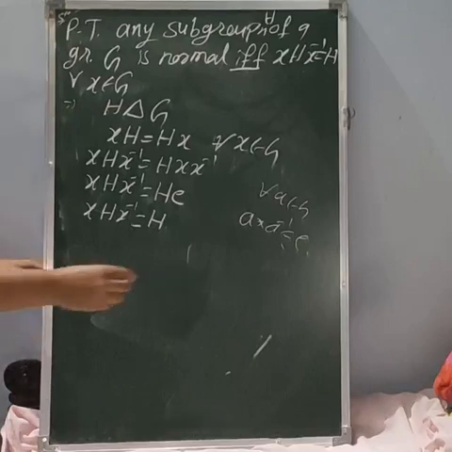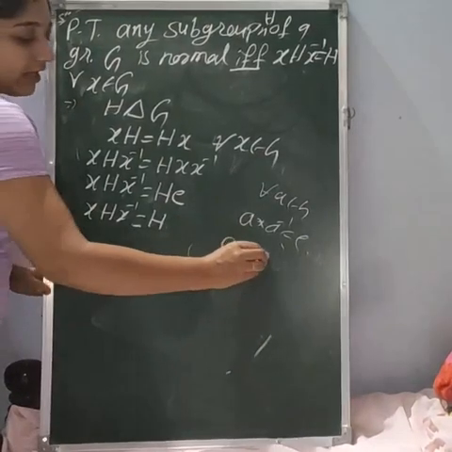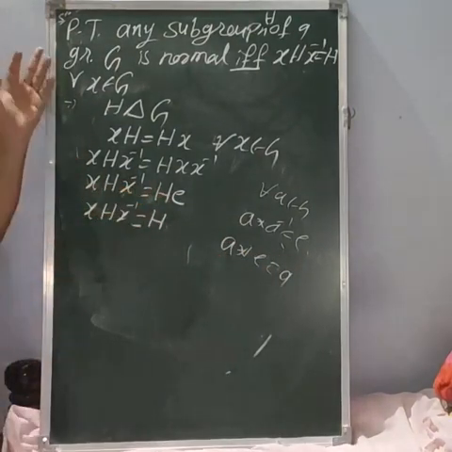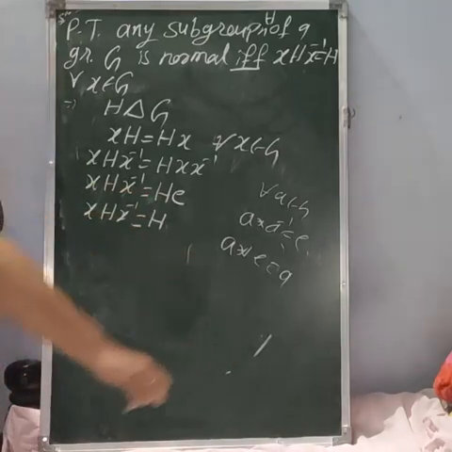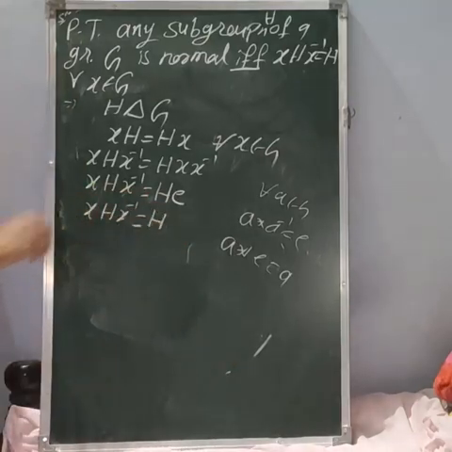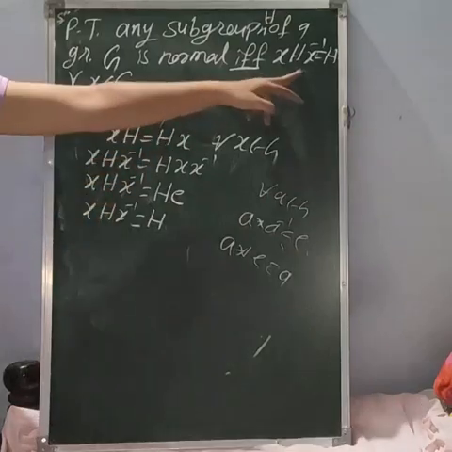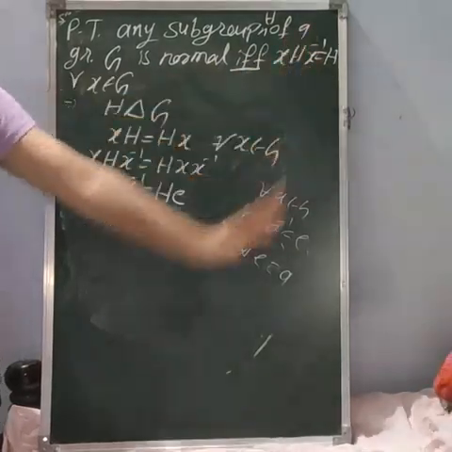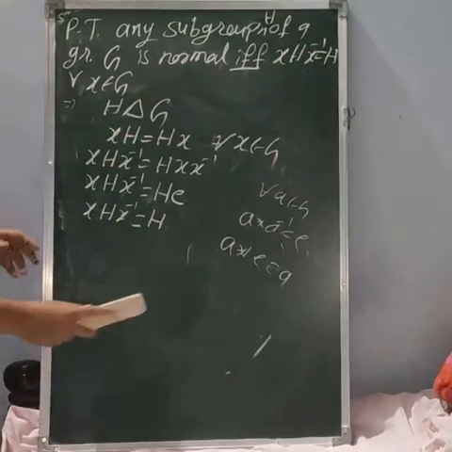Identity means, you know the identity law, a star e is always equal to a. Then e is called the identity element. Here e is already the identity element, G is the group, then this condition is true. So using this we will write h into e is equal to h. That is what we wanted, the result x h x inverse is equal to h. So this is the first part.